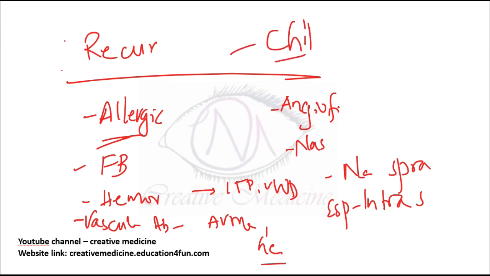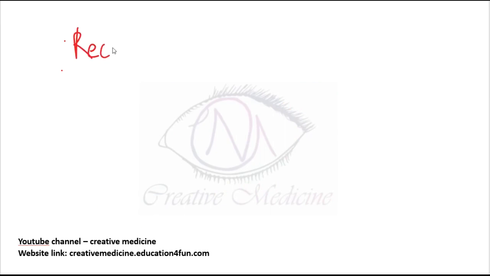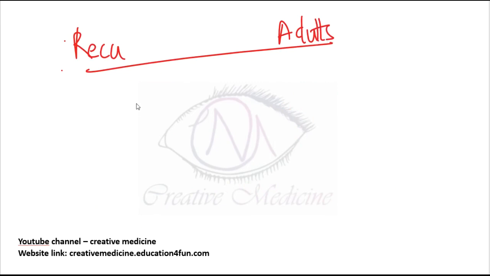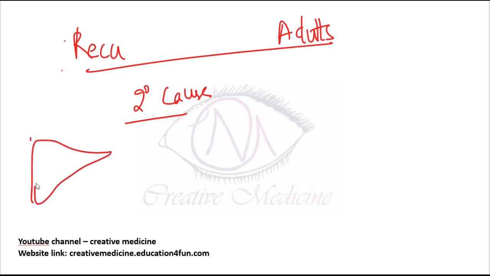If you were asked the same thing about recurrent epistaxis in adults, then what are the causes of recurrent epistaxis in adults? Mostly they are due to secondary causes. Recurrent epistaxis can be due to any type of coagulopathy. First, if there is any liver disease, in liver disease there is decreased synthesis of coagulation factors, so that will cause epistaxis. Or if there is any kidney disease, especially in nephrotic syndrome, there is hypercoagulopathy, and also some of the clotting factors will be lost in urine. So in kidney disease also you will see recurrent epistaxis.